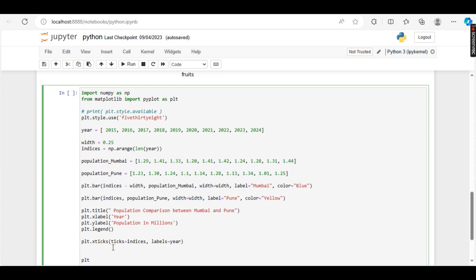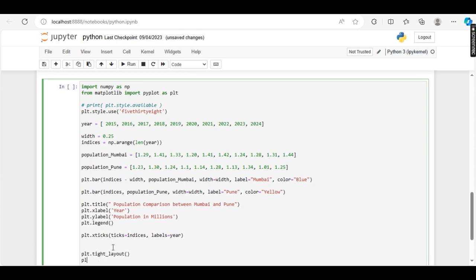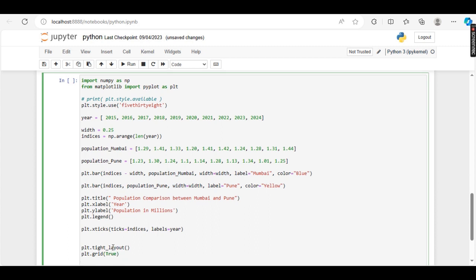So plt.tight_layout() and plt.grid(True). plt.tight_layout optimizes the plot layout, and plt.grid(True) adds grid lines to the plot. So now displaying the plot.